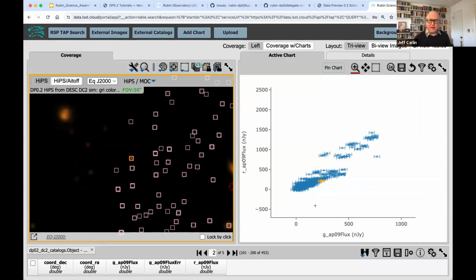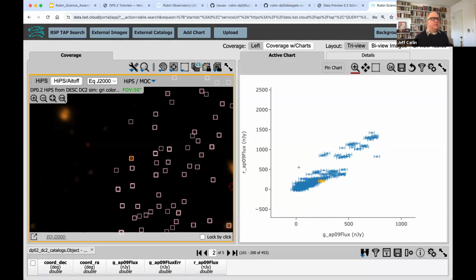There are a lot of things you can do with the portal aspect. It's great for quick data exploration when you just want to see what's around in this area of the sky, or I want to find a certain set of sources, and you want to be able to interactively play around and explore. The portal is really great for that. For more detailed scientific analyses, you might want to go to the notebook aspect, which I'll show you very briefly in just a minute.